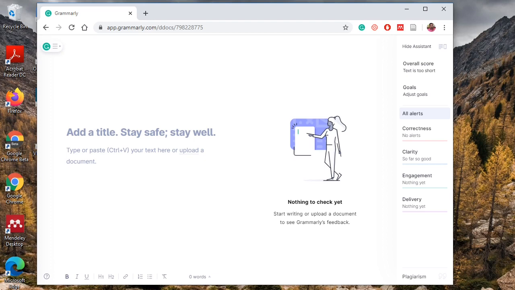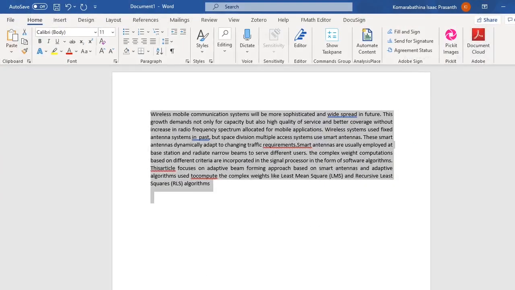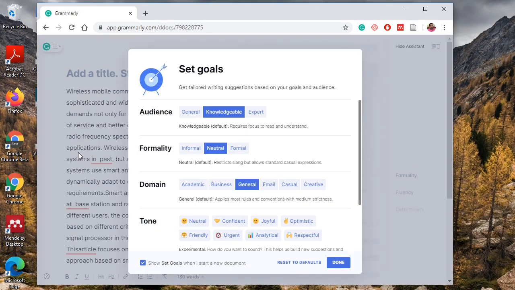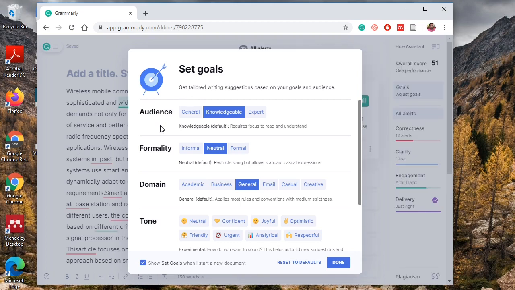Now I have taken one paragraph from the internet. I want to paste that paragraph or abstract here. Now it is giving the goals: set goals, audience, formality, domain, tone, everything. Okay, done.